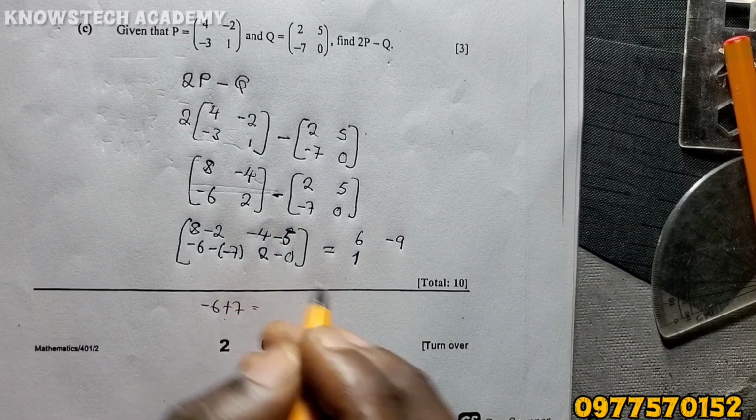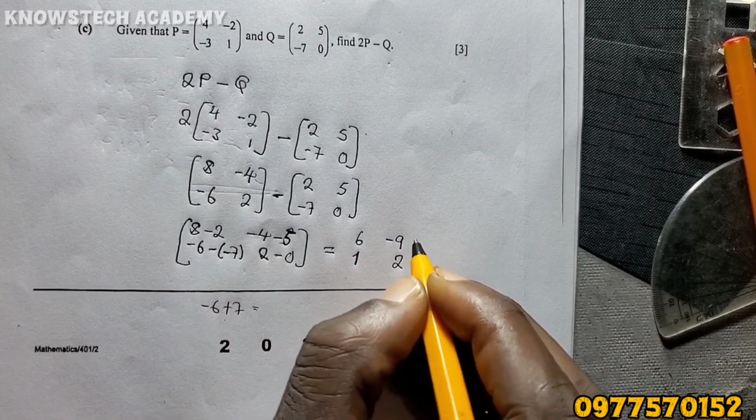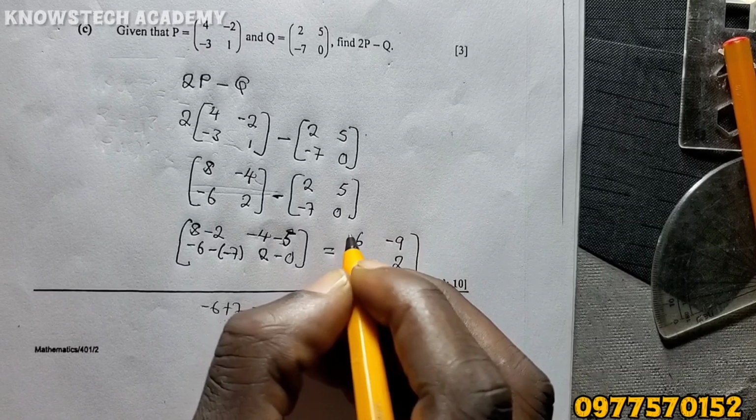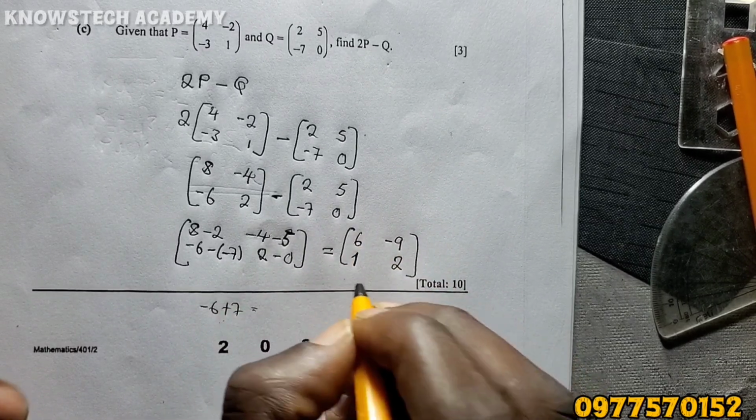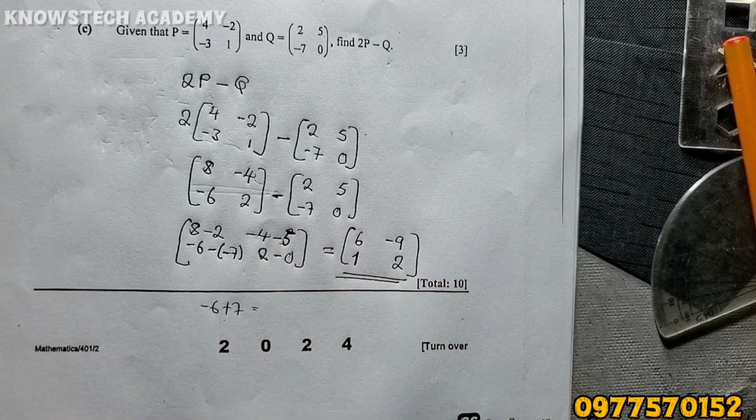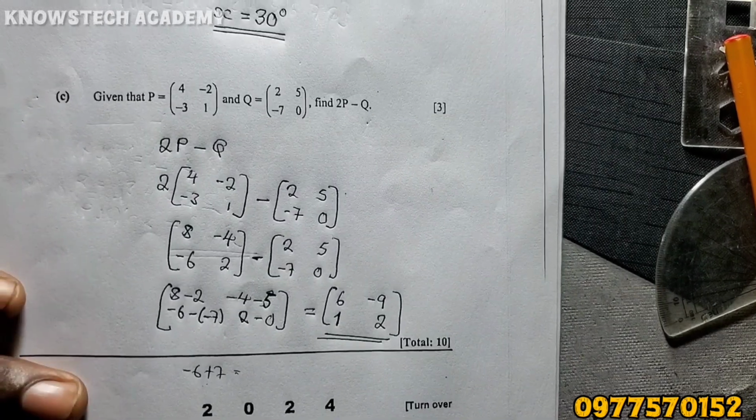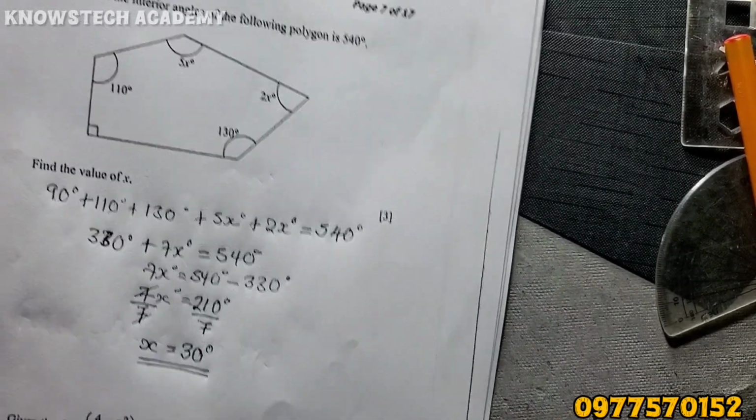2 minus 0, it is what? It is 2. So this is the answer. Are we together? Okay, that is the answer to the first question. All right, let's go to